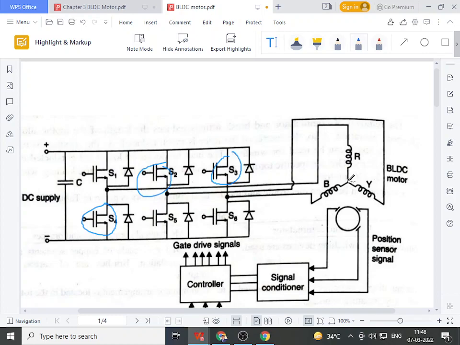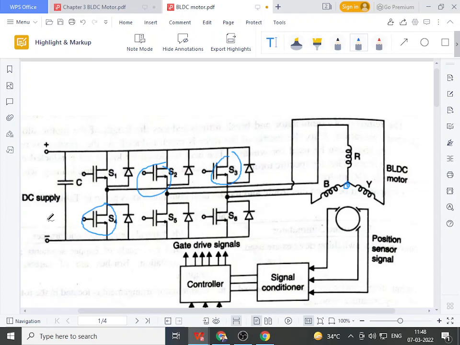At this point the current gets added together and the final current I flows through this R phase, S4, towards negative. That will again generate a rotor magnetic field and stator magnetic field, which is shifted by 60 degrees in the forward direction, and this particular cycle will continue, so that the rotor will rotate in a continuous way.